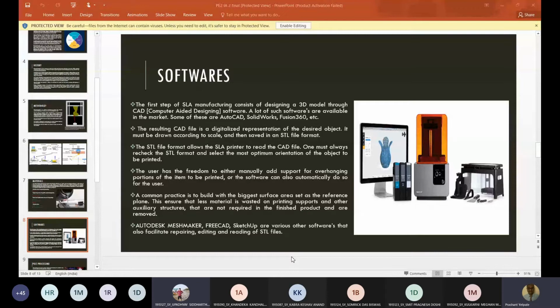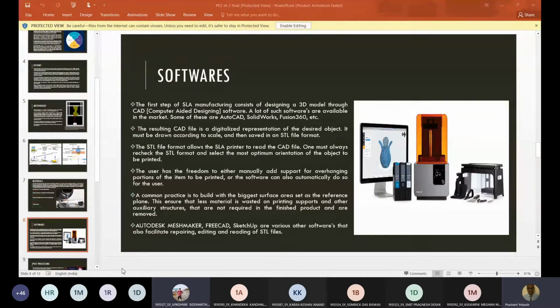The software allocates coordinates to the resin and to the surface where we need to strike the laser. At each respective 3D coordinate, at each strike of the laser, the specific resin is cast into a solid, and layer by layer, we keep lifting it. This process follows on a plane, and after each plane is formed, we raise it by a level, and along the perpendicular axis, it again forms the next layer.